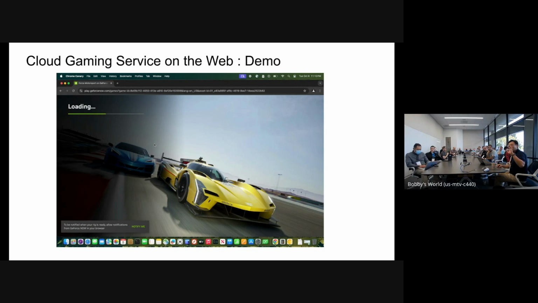And this is the actual playback of the cloud gaming. This part is the most important thing.